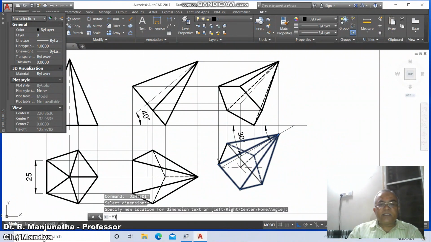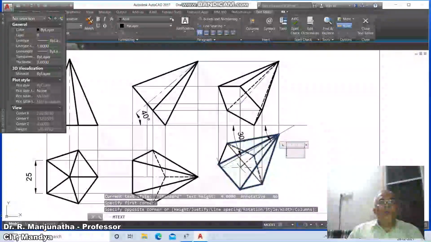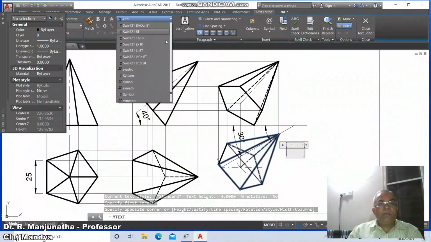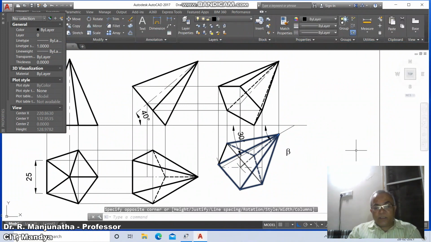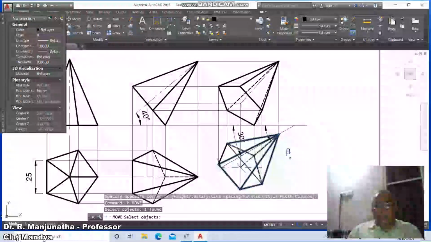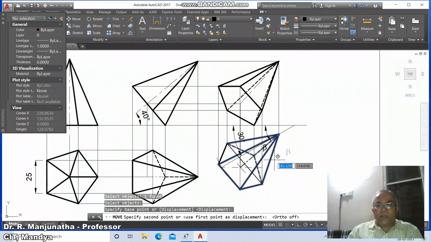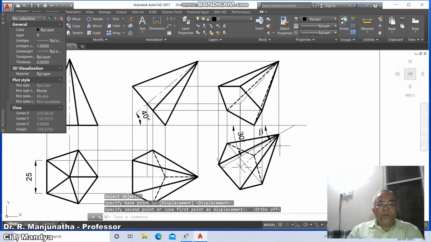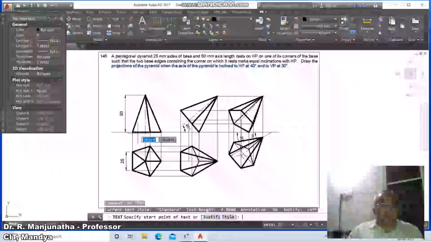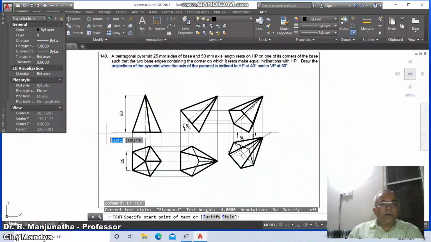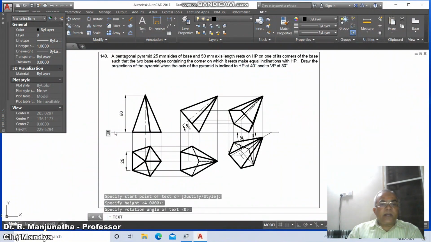Then go to M text, select this as the boundary and go to symbol, type small letter B and say OK. Then go to move, select this and move it here. Now we will go to zoom previous, then go to D text, put the caps lock on, type X.